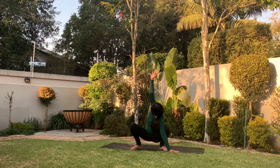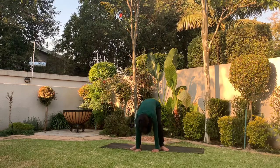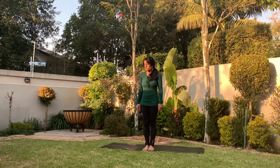On your next exhale, place your left hand just outside your left foot, using your elbow by your knee to spread your left knee a bit further apart as you reach your right arm up. Feeling the grounding in this pose, feeling your connection with the earth, coming back to yogic squat. As you inhale, place your hands on the floor and straighten your legs. Come up into a forward fold and then slowly roll up, coming to stand in Tadasana, mountain pose,